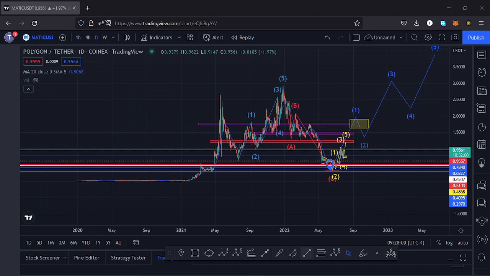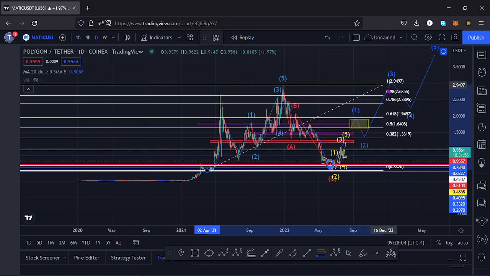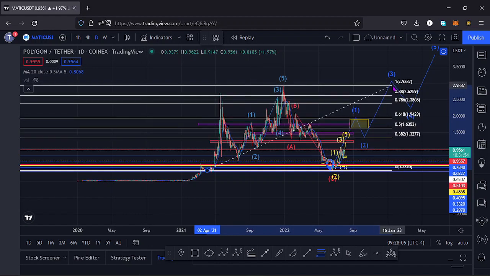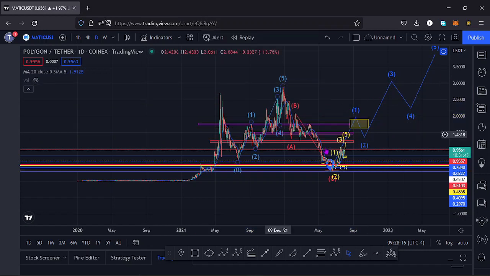So if I apply the fibs here, connecting this low down here to the all-time high, that gives us a target area for that first wave to the upper side between the fib level 0.618 and the fib level 0.5. And if I go to the 4-hour chart so that I can focus on the key